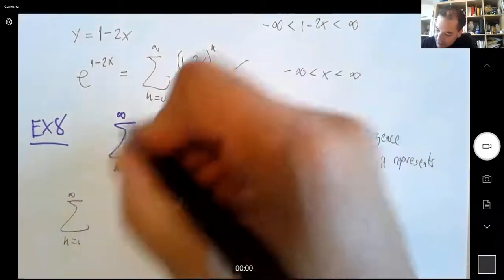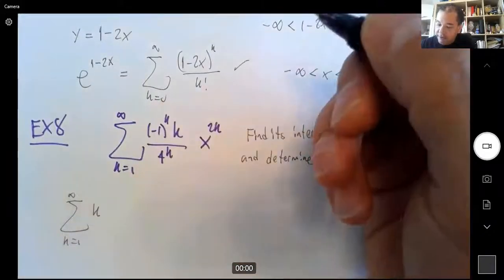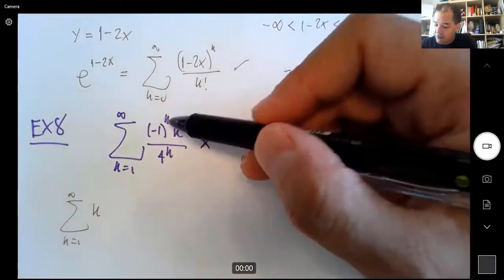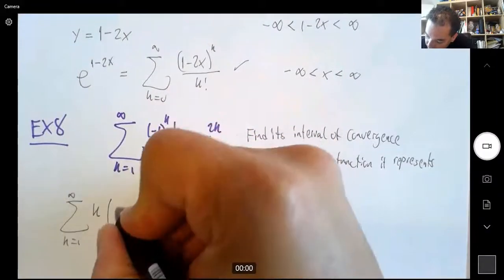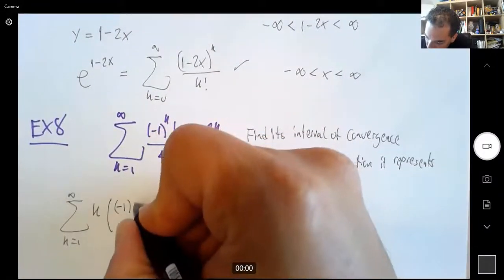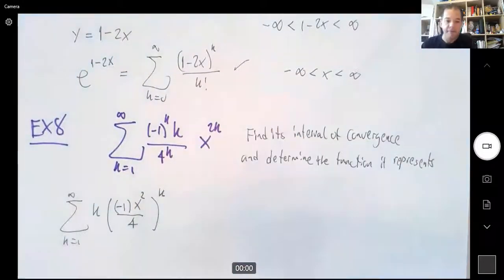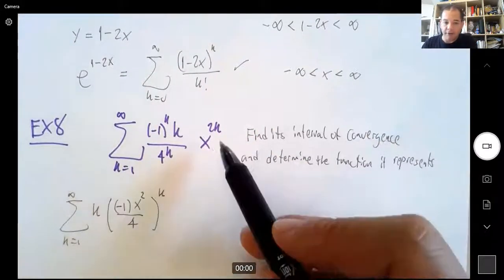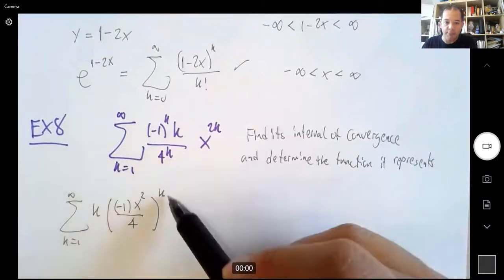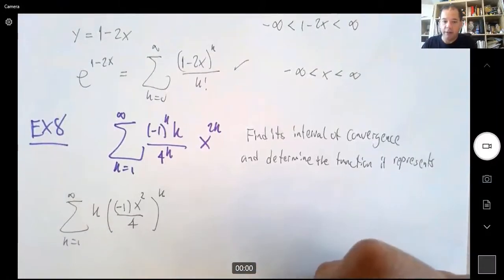So you can rewrite this, keeping the k, which I cannot do anything about. But all the other things are to the power k, to the power k, and to the power k. So I want to combine all of that. I want to put them all together, and it will be -1, the x squared, and the 4, and all of them to the k, right? Is that clear that these two are the same? I only factored everything that has a k exponent, and I put it together into one big umbrella, like one big power series there.